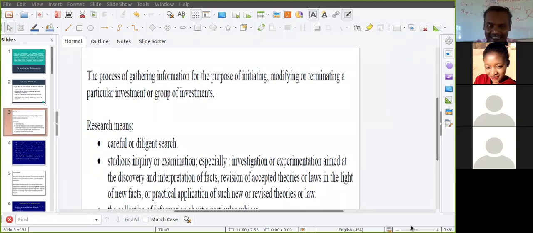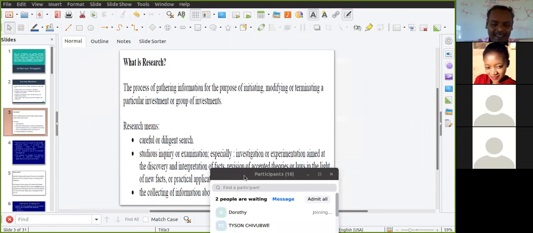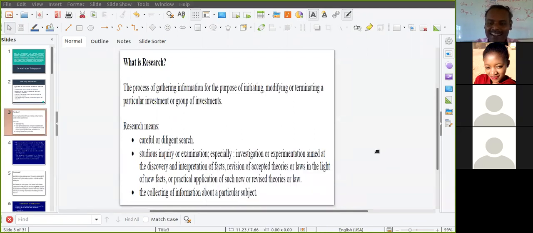Research, literally speaking, when you are looking at the English definition, the meaning in the dictionary, when you are breaking down the word research: what is the literal meaning of research? You are searching for the unknown facts again and again. That is called research.